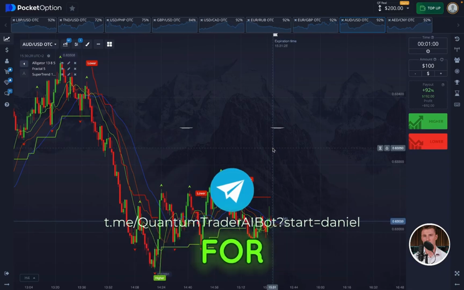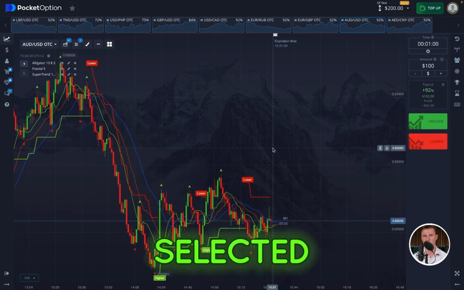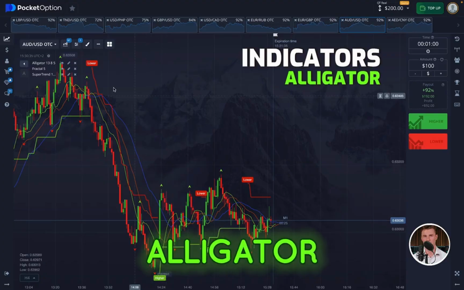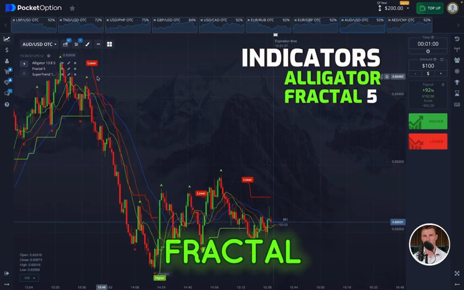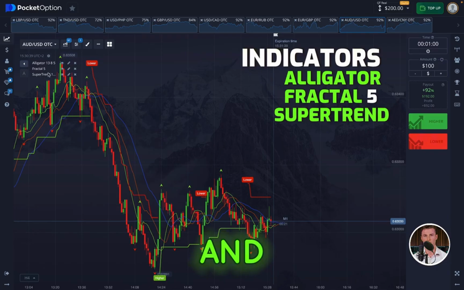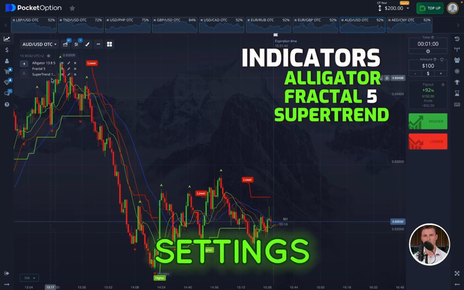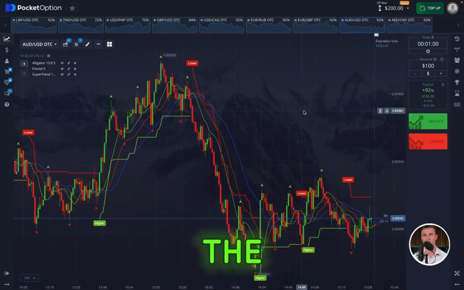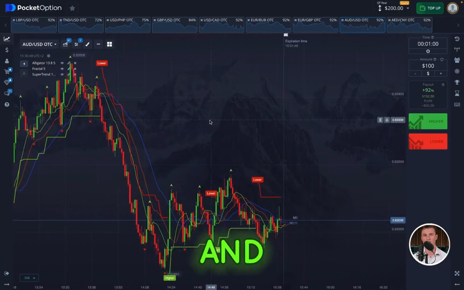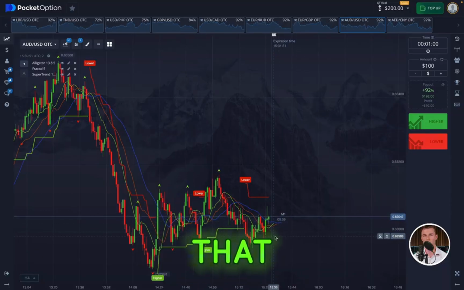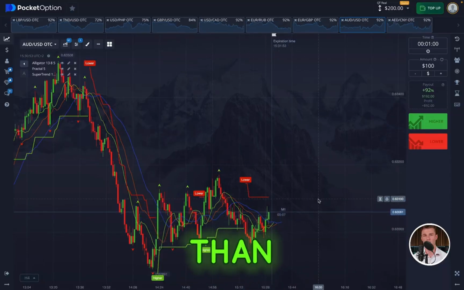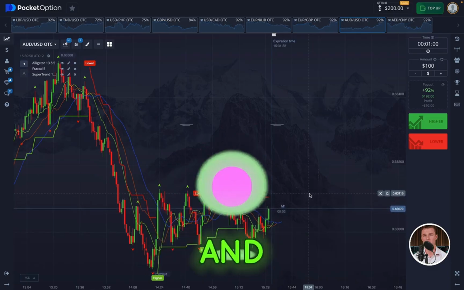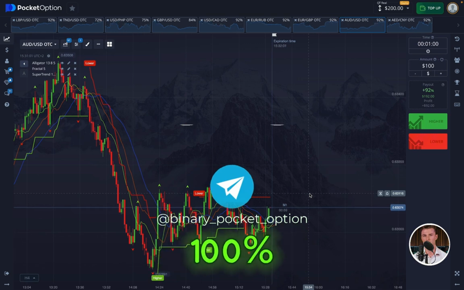For today's trading, I have selected the following set of indicators, which includes alligator with default settings, fractal with a period of 5, and super trend also with default settings. Simple strategy, and literally a few conditions for the entry point you have to observe, and most of the positions. I think that more than 80% of your positions with proper practice and proper analysis, you 100% will close in